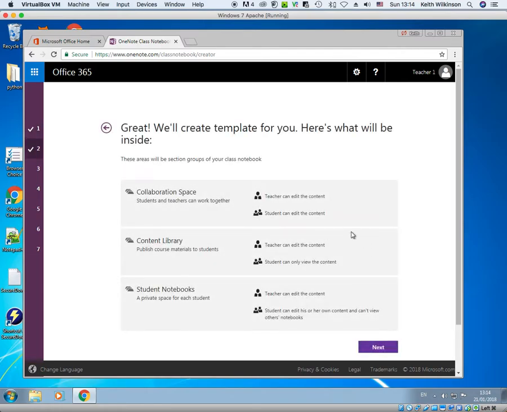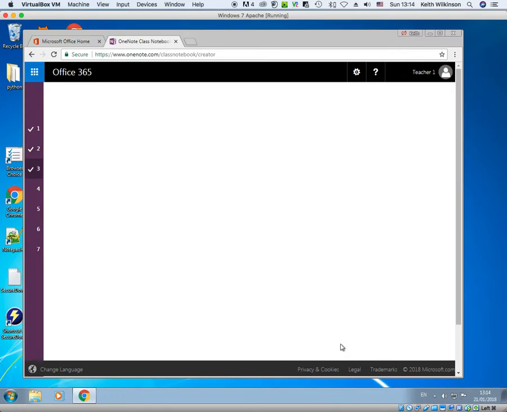Next, these are the sections that are set up for you. We've seen these before. The collaboration space, where teachers and students can work together. The content library, which is the equivalent of the shared drive, where you're going to put all of your pages, not files. Files will stay in OneDrive. And the area just for the students, and this is the area that we're going to set up. So if we click on next,